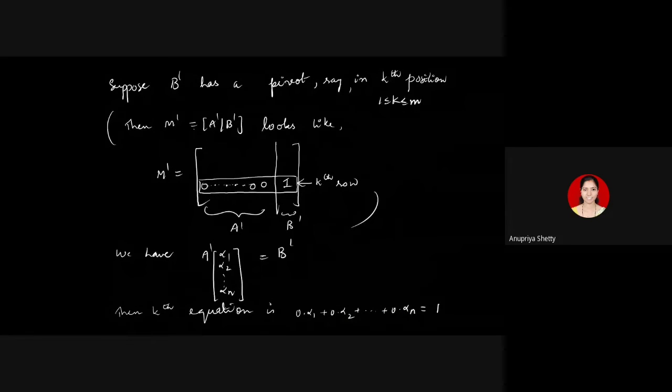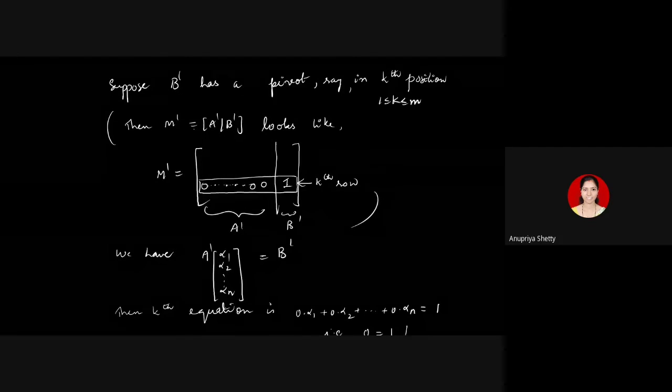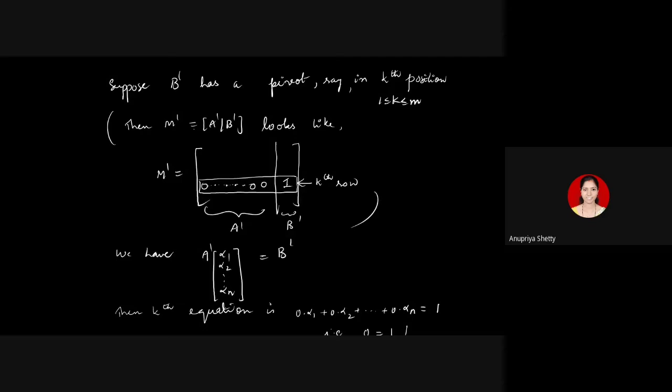Whatever the values of alpha is, when they are all getting multiplied with integer 0, you get LHS 0. That gives you 0 equal to 1, which is ridiculous, right? In number system, we never have integer 0 being same as integer 1. They are two different entities. Therefore, this is not valid, the supposition that you have made here. Suppose B dash has a pivot. The kth equation looks very weird.